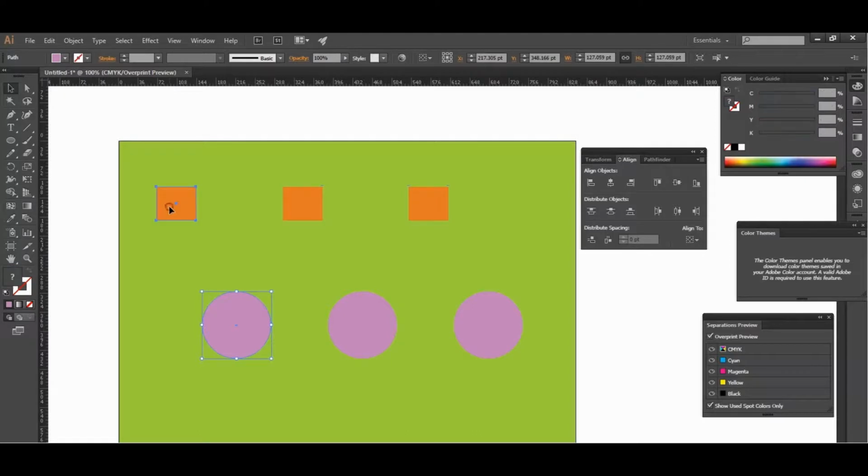Select these two objects and click on this to make it master, and this one is vertical align top. Click on this. So you can see this is the top vertical align, and we'll select again these two objects and click again on this circle to make it master object, and we'll click on this vertical align center. So you can see this is vertical align center,